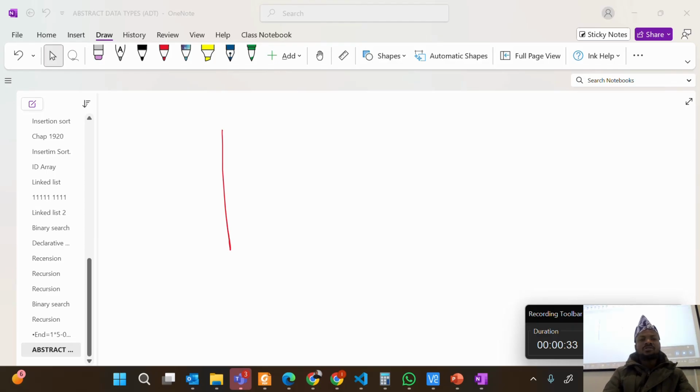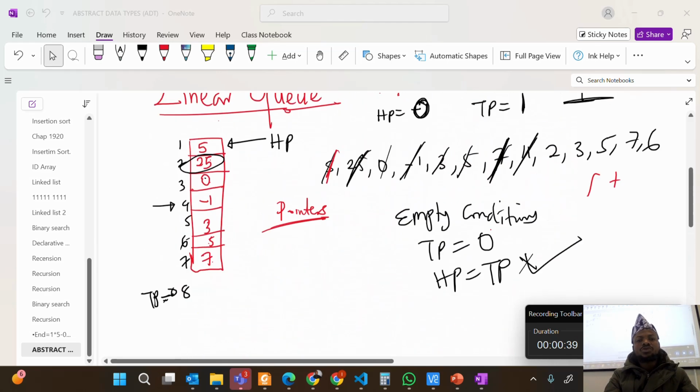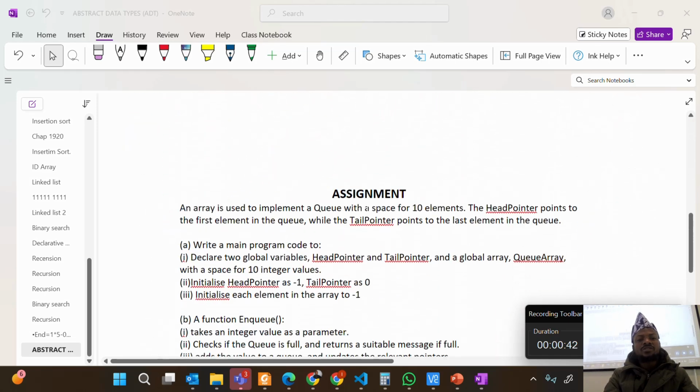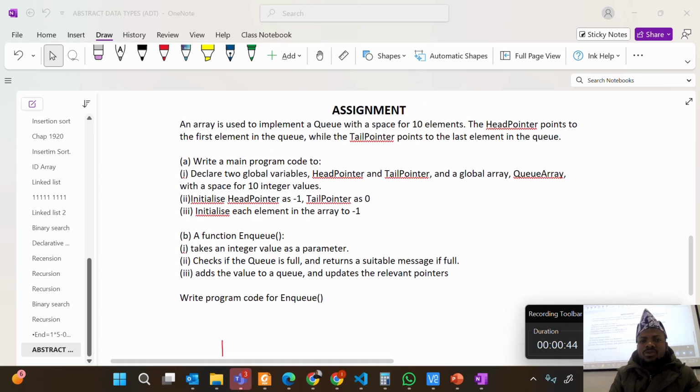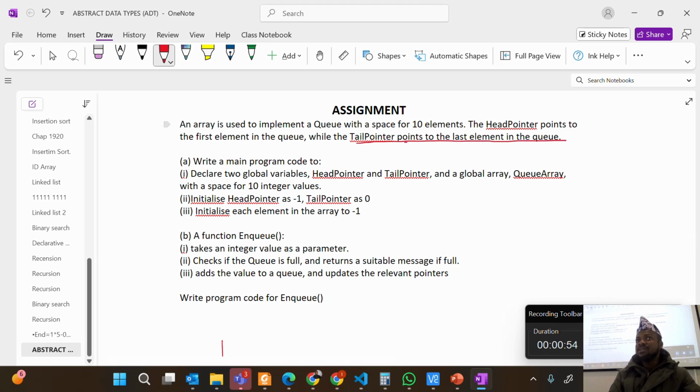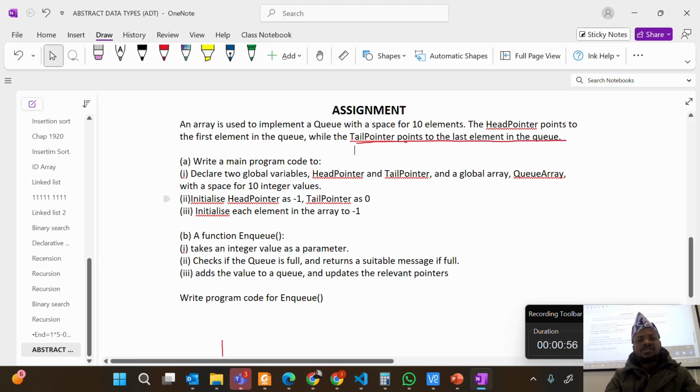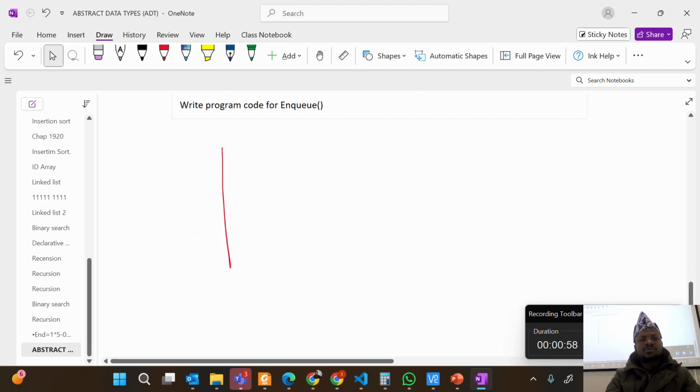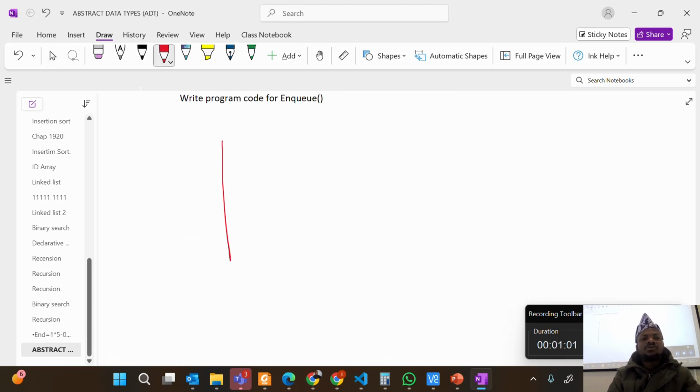Welcome back, everyone. In the last class, I taught you guys queue and how to add an element to a queue, which is also enqueue. I gave you guys this assignment. I expected everyone to have done this assignment. In the assignment, the tail pointer is defined as a what? As a pointer that points to the last element. But what I did was pointing to the next available space. So I expected everyone to have done the assignment. Okay, good. For this class, we will deal with